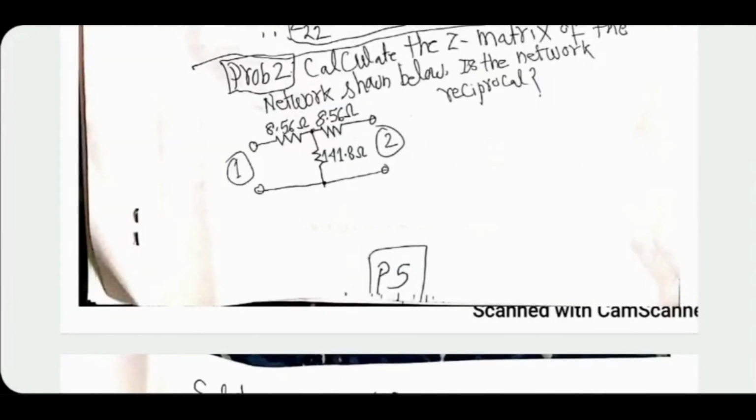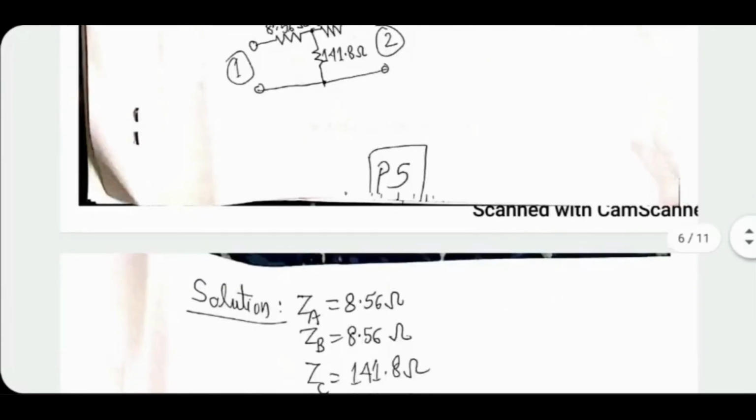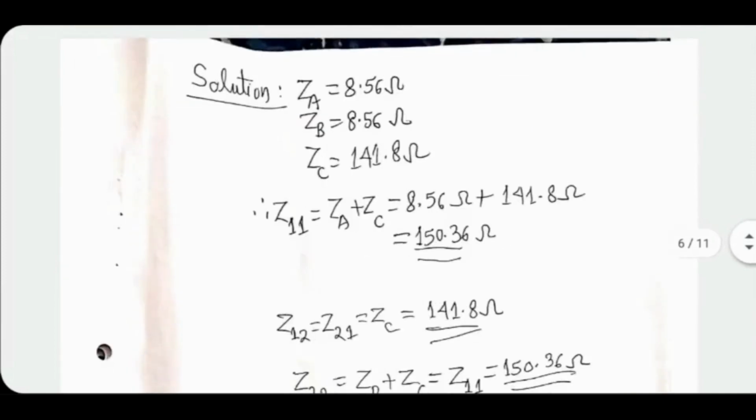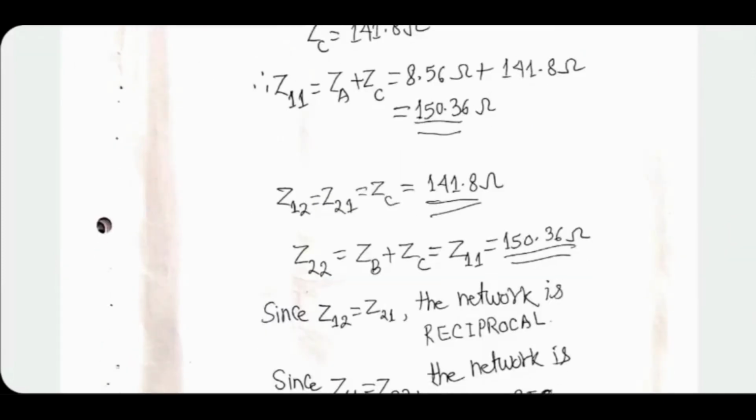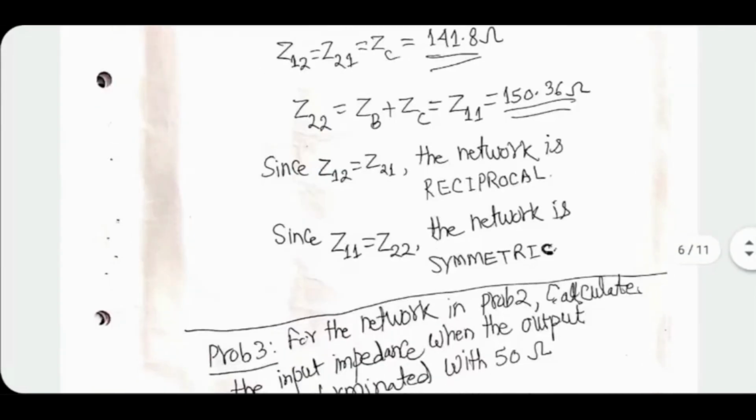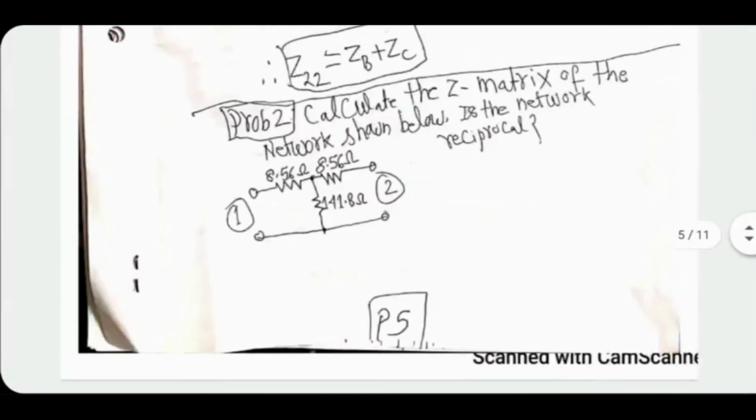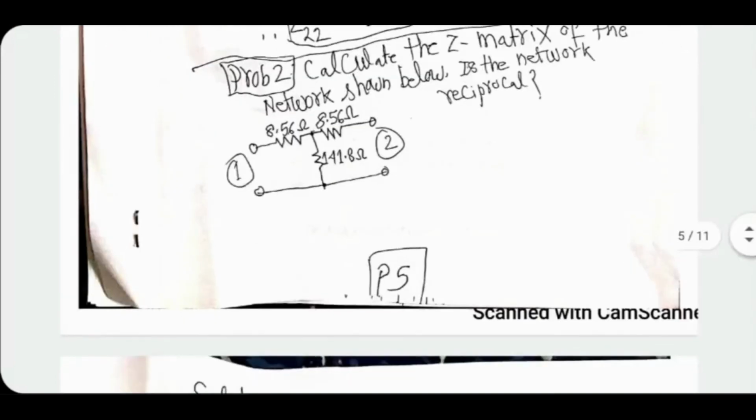If the two series resistances were not equal, symmetricity would not have been there. But in that case also reciprocity would have been there, because Z12 and Z21 are always equal for a T network. Okay. Now this network is how an attenuator is realized. At least one method of realizing attenuators is using T networks of these kinds. The output power for this network will be less than the input power based on the values of the resistances. So this is actually an attenuator you are looking at.